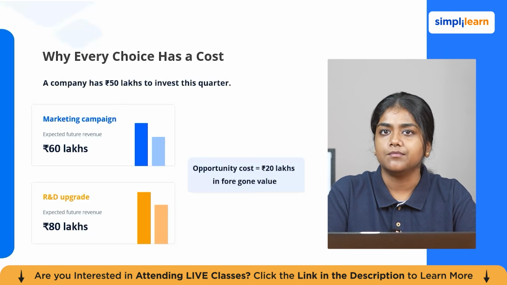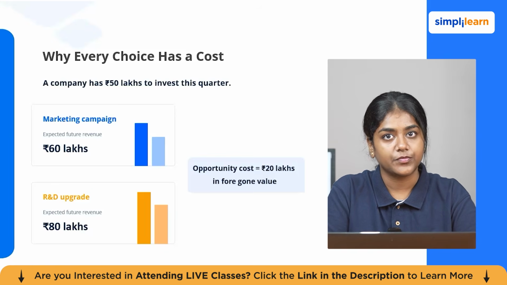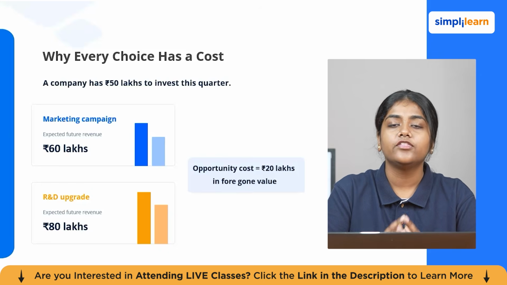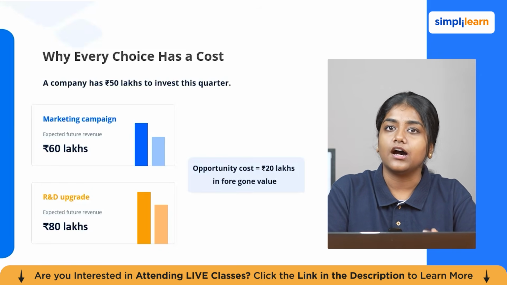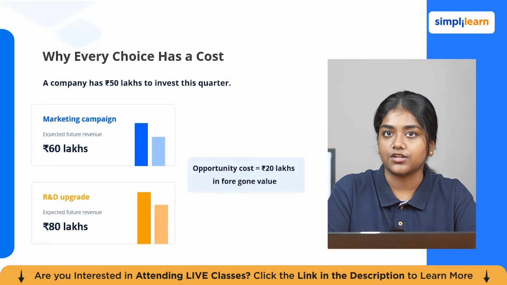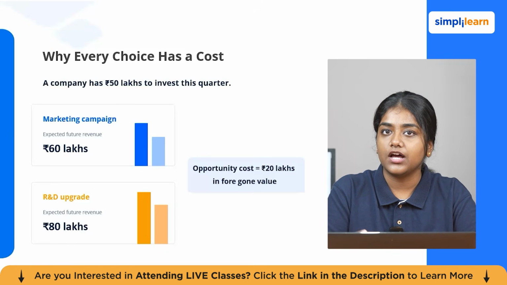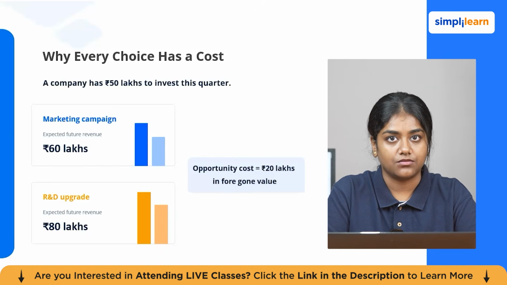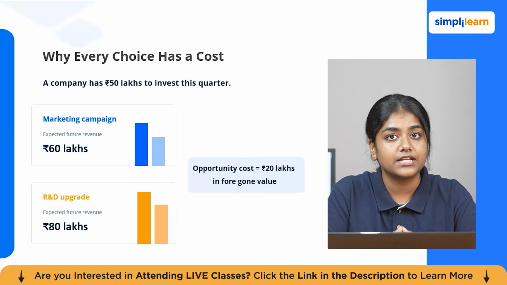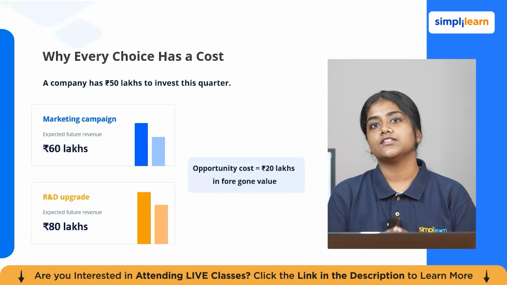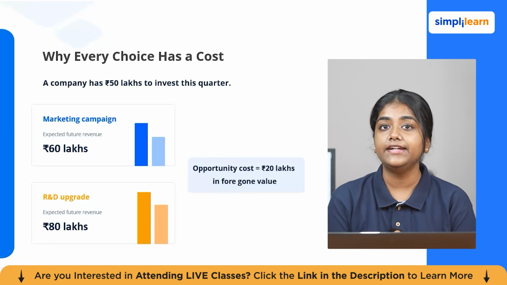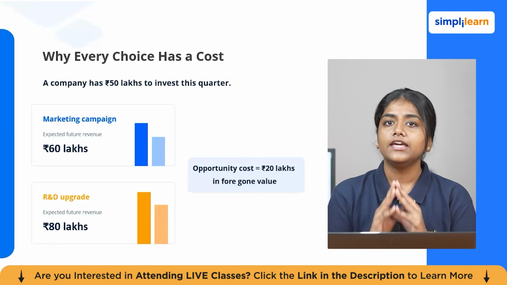Suppose a mid-sized company has 50 lakh rupees to invest this quarter, and it's choosing between a marketing campaign and an R&D upgrade. If it picks the marketing campaign, the opportunity cost is whatever return the R&D investment would have generated had they chosen that path instead. So if the R&D investment would have generated 80 lakhs in future revenue and the marketing campaign only generated 60 lakhs, the company made a decision with a real opportunity cost of 20 lakhs in foregone value, even though no